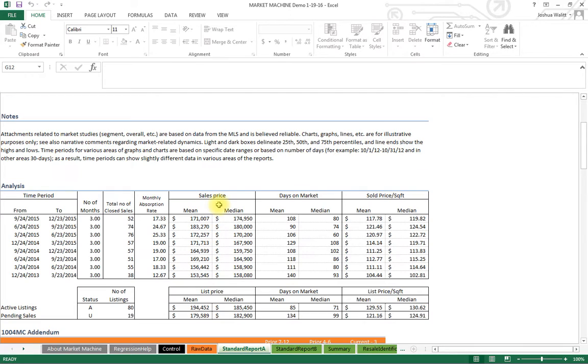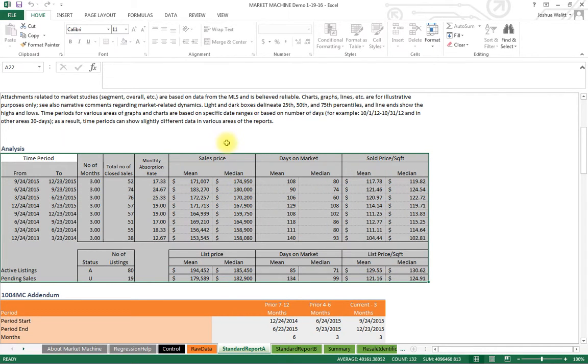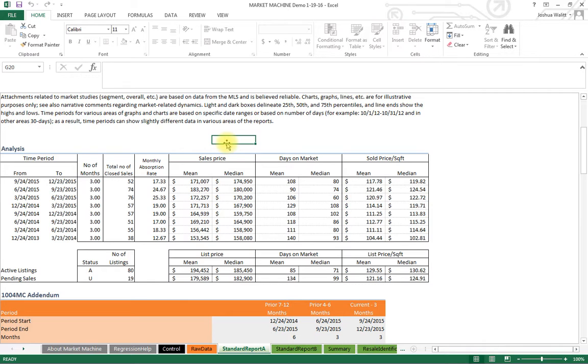And now, if any of you do relocation work, you'll notice the standard relocation form has a section that looks a bit like this. So this can help some of you, but I find it useful even on non-relocation reports. So we're looking back 2 years, that's the oldest date. Here's the most recent date for the data as we've typed it in. Okay, so you can see the median sale price has moved from 158, about 175, and we have mean over here. You can take a look at how days on market have changed over time, how the sold price per square foot has changed,